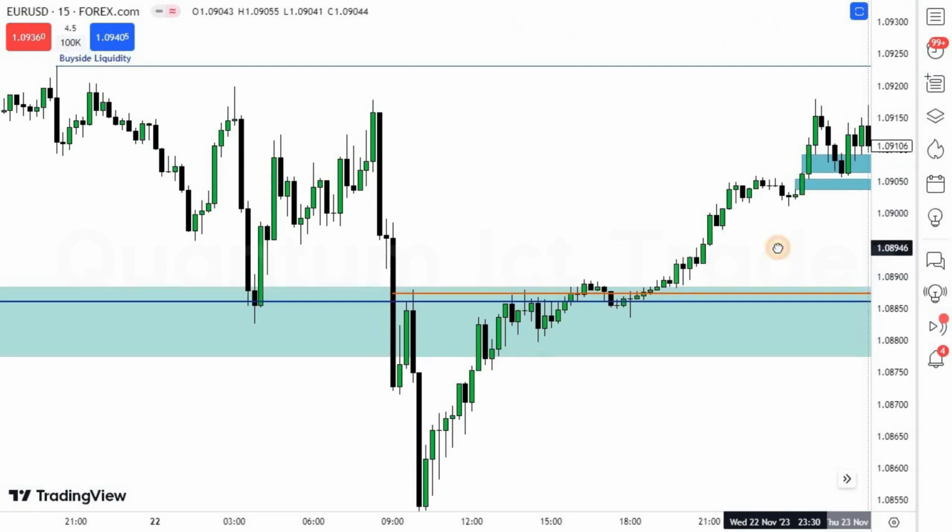So what can you expect? You can expect price to go down to one of these fair value gaps and then take the trade targeting that buy side liquidity. Okay, that's how the Silver Bullet setup works, and you thought that's what I'm going to tell you. Totally wrong. So see, that's why your Silver Bullet setup doesn't work. You don't understand the narrative and don't wait for the confirmations before taking that trade. You just blindly take trades off of some fair value gaps, targeting some liquidity.